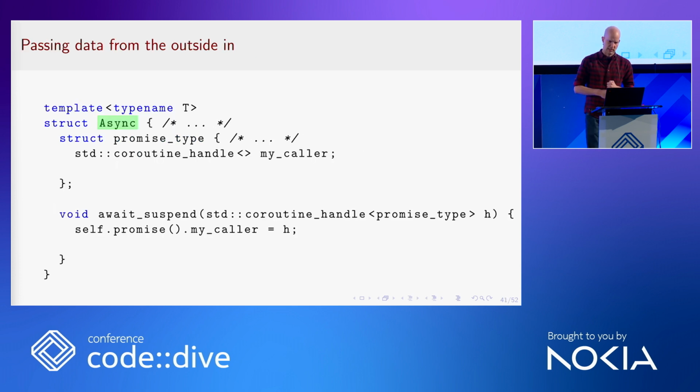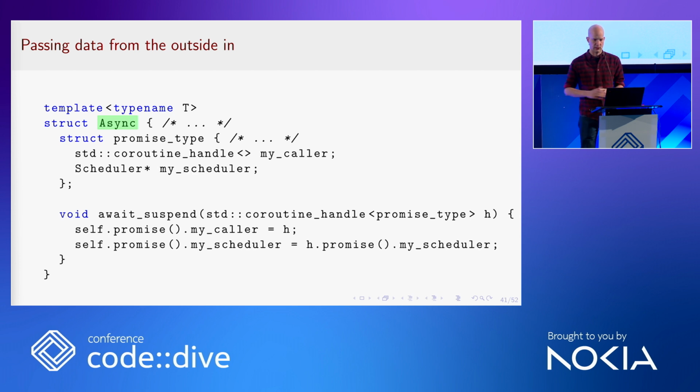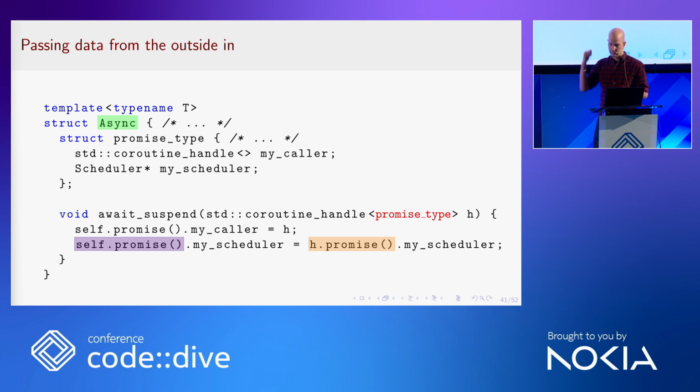So how can we pass data from the outside in? Again, the point where we were establishing the links was always the await suspend function. And we can really pass the scheduler along that same chain, right? So we have the link here where the right side gives us the context of the surrounding function, and any information that has, we can pass along to the inner function. One thing to watch out for here is this promise type that I have in red,